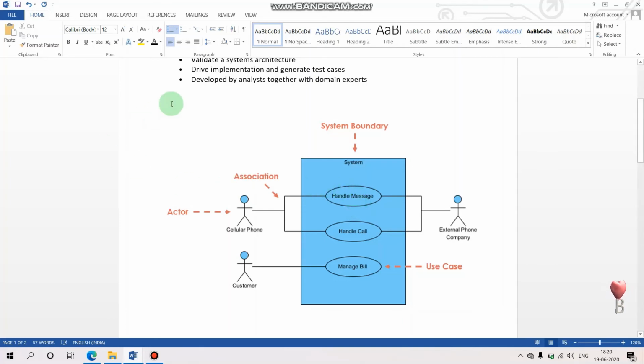Or for example, I need to perform the login activity. In that login function, whatever other things I need to insert, I'll specify from this use case. For example, here it is written as login account. Now I'll use the include symbol here, and then I'll specify what things I need to insert.